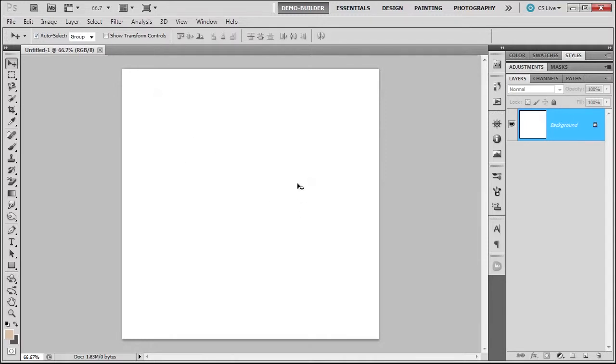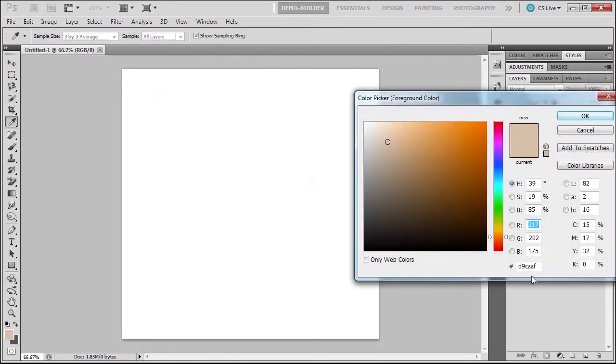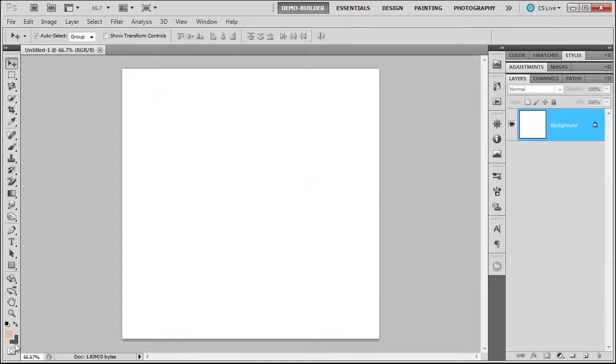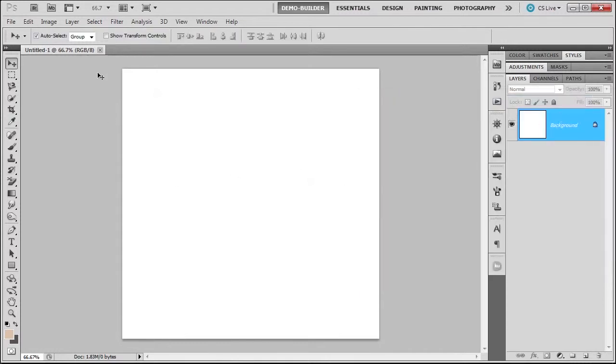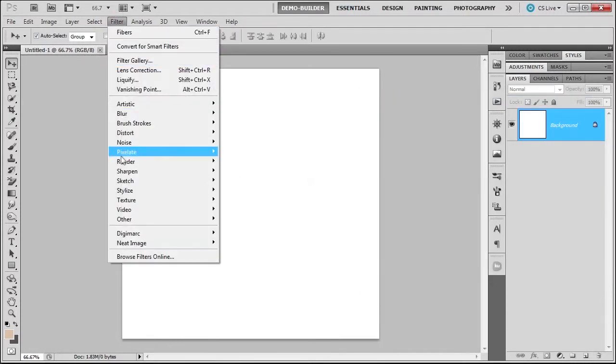Now what I've done is just did an 800 by 800 normal document, and I'm going to change my foreground color to D9CAAF, D9CAAF, or just type these RGB colors, it doesn't matter. Click OK. Then I'm going to click on the background color picker, and then I'm going to choose this 585252. 585252, click OK. Then we're going to go over to Filter, Render,